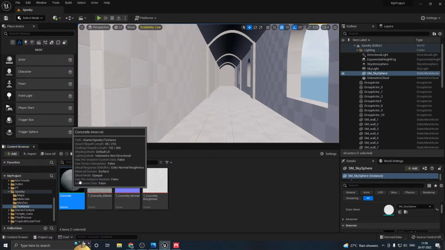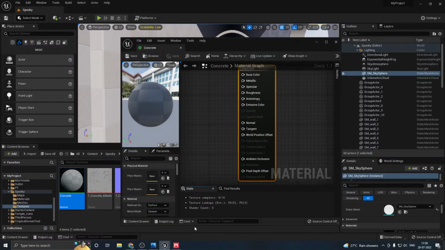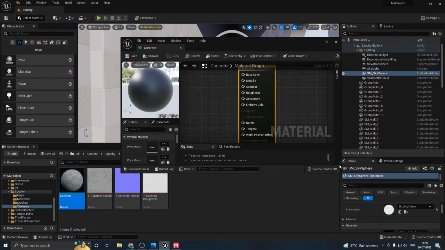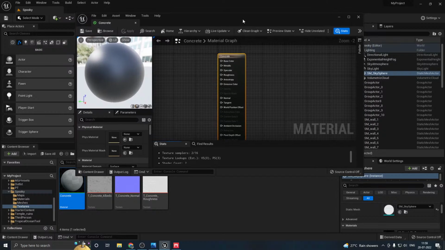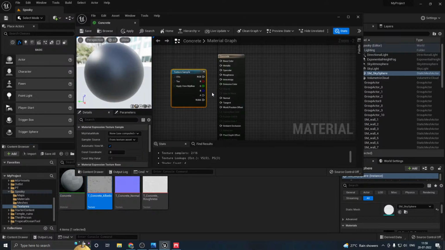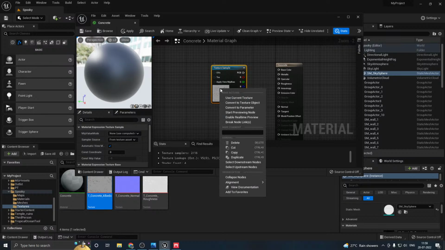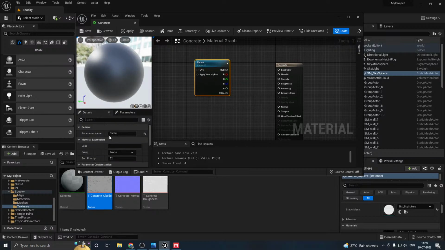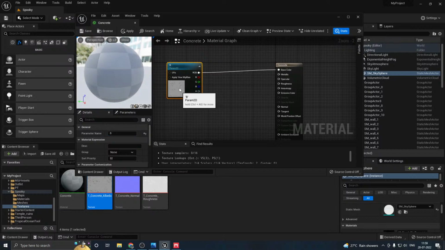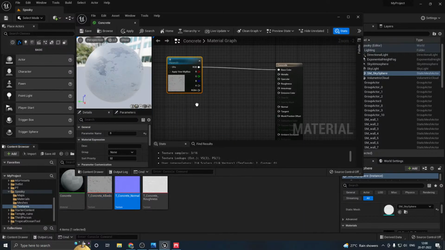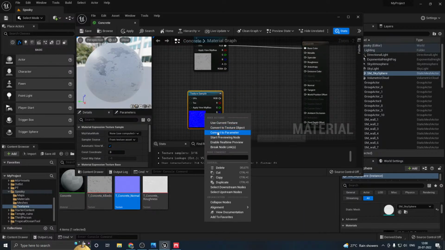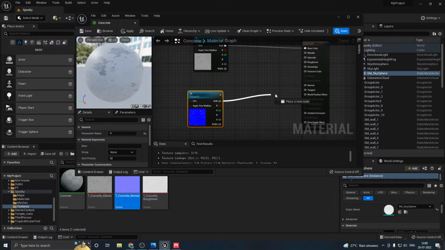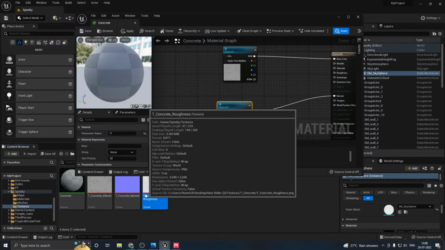Okay, now I will drop this one to the editor and convert to parameter and call this B for base. Then connect to base color, drop this normal map, convert to parameter called N, connect to normal and this